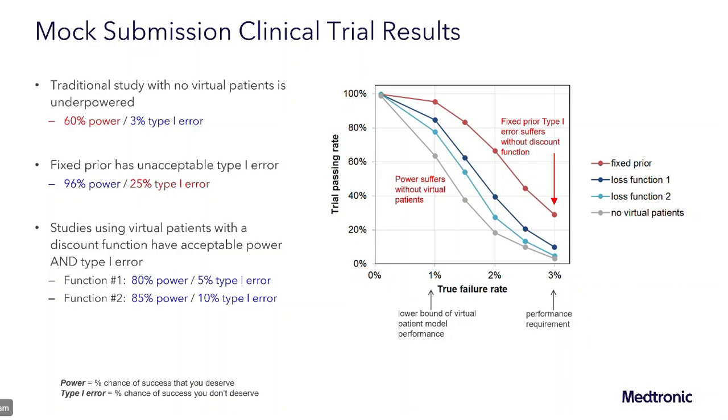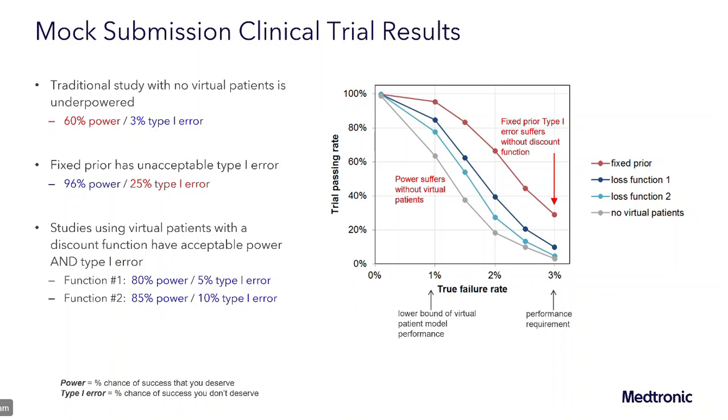There's too high of a chance of failing, even if your device was perfectly safe, just due to a false positive result. If we look at the case with a fixed prior, and this is what a lot of traditional Bayesian studies actually suffer from. So if you look at the evidence from medical device Bayesian studies, this is why there is really a lot of skepticism, because in the setting of a fixed prior, if you're wrong, if you're optimistic, and